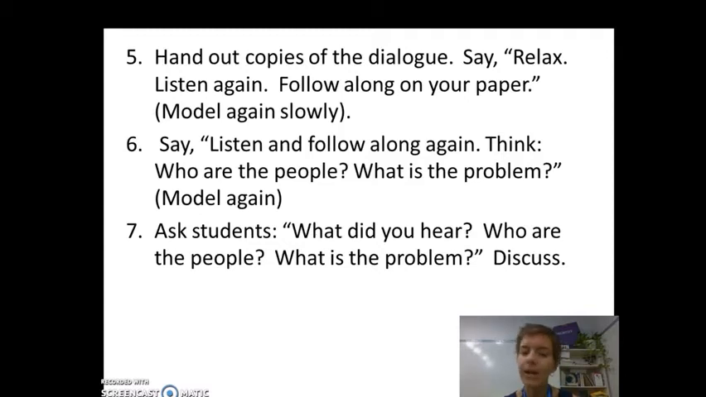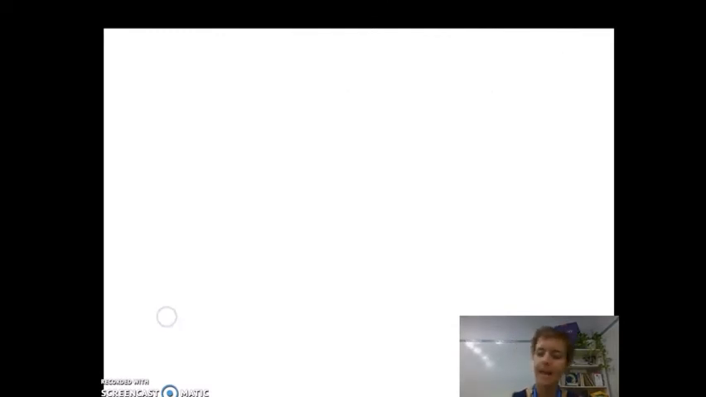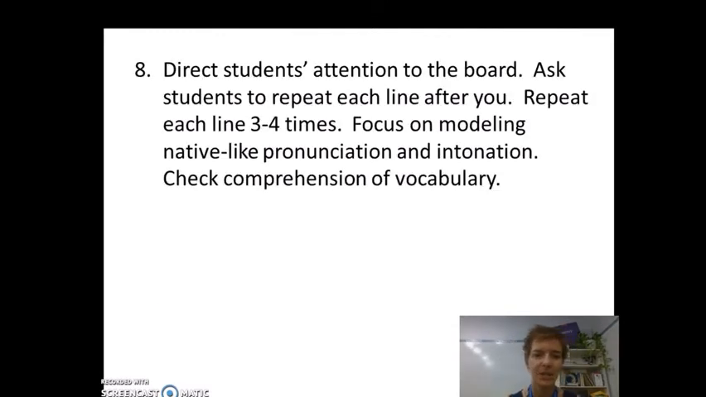So then I ask, what did you hear? What was the problem? And students can discuss. Now, I'm going to direct students' attention to the board. I'm going to read the line, they're going to repeat. We're going to repeat each line 2 to 3 to 4 times, and I'm going to focus on modeling native-like